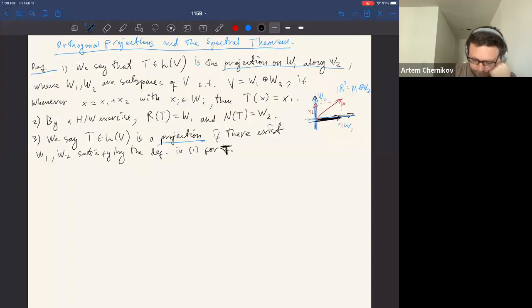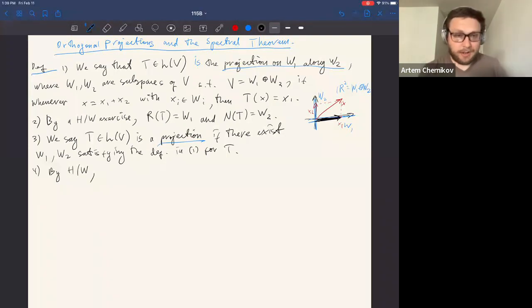For T, right? So we have this. In this case, we will just say that the general operator is a projection if there is some choice of such subspaces for which this is the projection on W1 along W2, all right? And part four, again by homework,